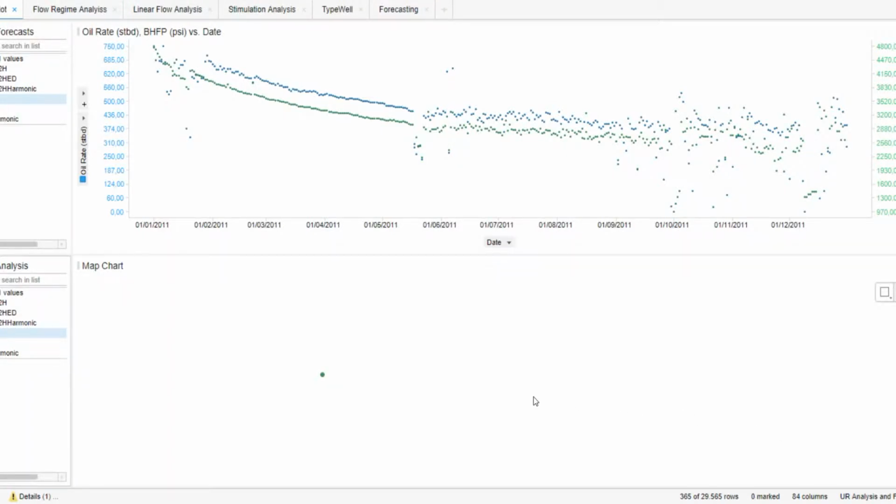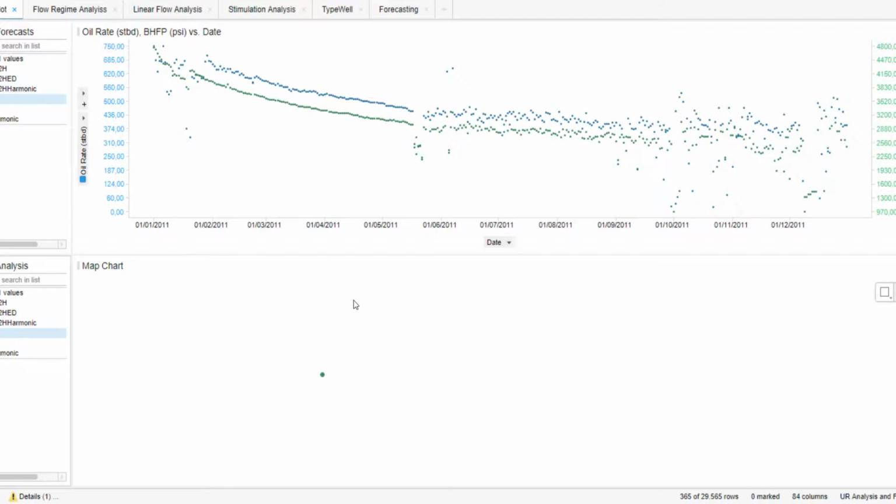Good afternoon. I'm going to present the unconventional reservoir analysis dashboard. The workflow starts with reviewing the well performance data. In this plot, we have the bottom hole flowing pressure and the oil rate. We need to look and make sure all the data are correct and we are not missing anything, and the